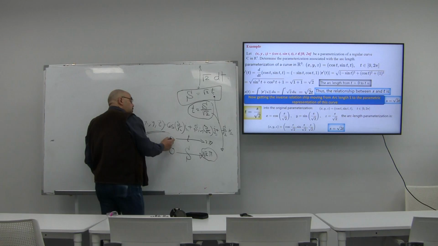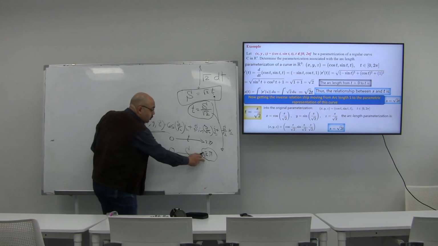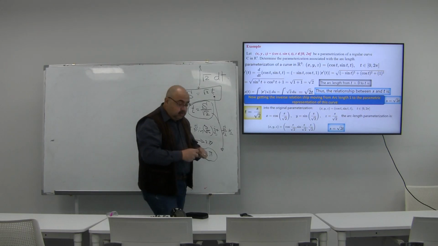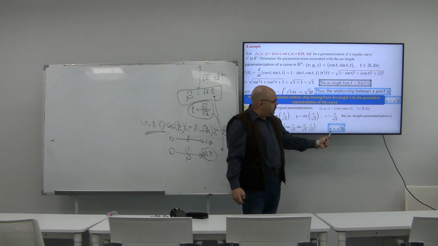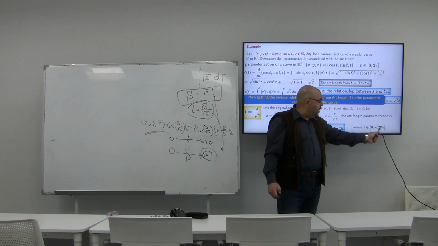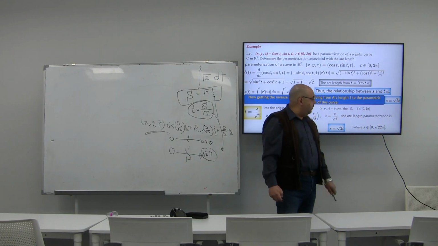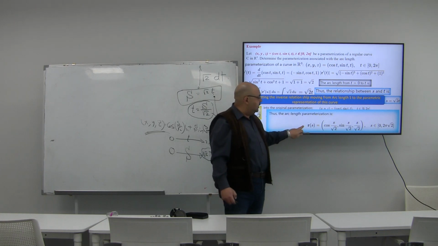If t starts from 0 up to 2 pi, once you deal with the s variable, it will start from 0 and it will end up at 2 root 2 pi. This is why we use this relationship, which ensures that s belongs to the interval from 0 up to 2 root 2 pi. And that's the final arc length. r of s is going to be cosine